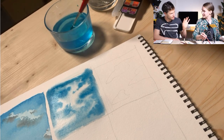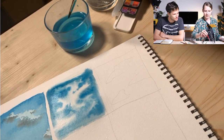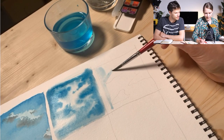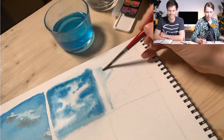So the lines should probably be very light, right? Yeah. Okay. So use light lines, and afterward do this. The rest of the surface should be wet. So I'm using the wrong cup of water, so that's why you can see blue, but it actually should be